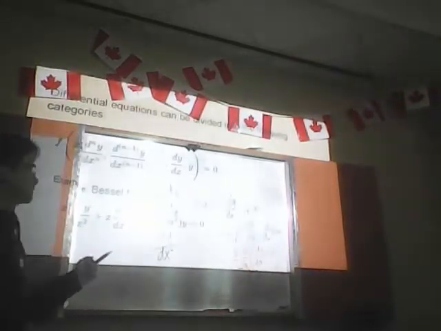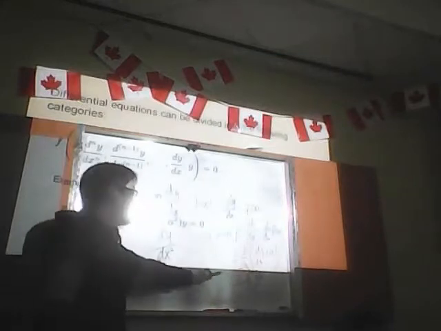So this is equal to one. And then if you have more derivatives, you will get this and this. You can write d to the n times y over dx to the n. So this is the derivative of this one.